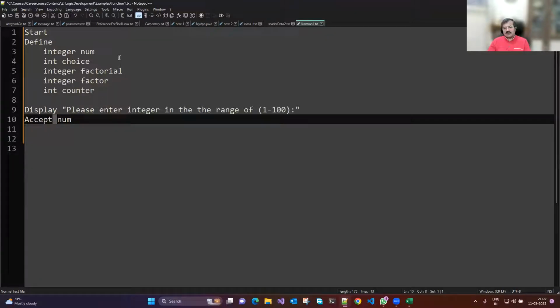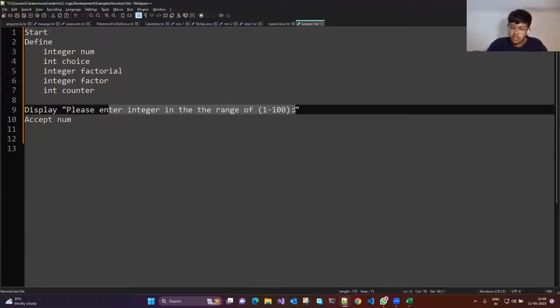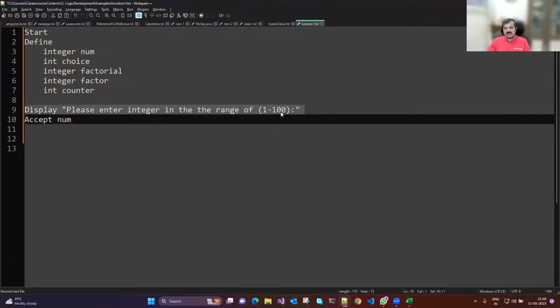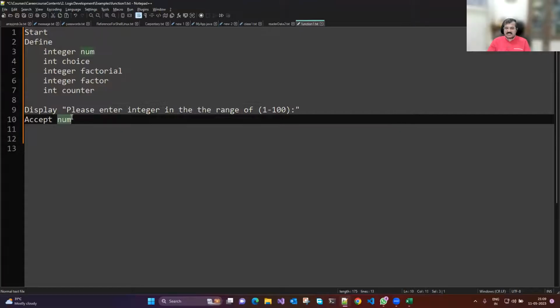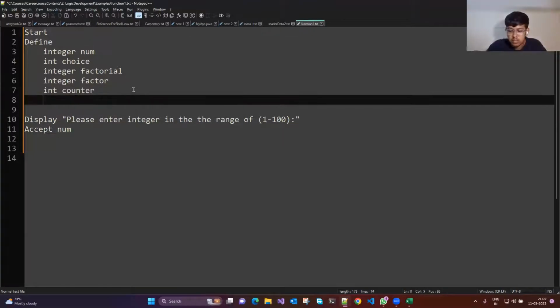Yes or no? Yes. आपने भले ही मैसेज दिया है "Enter integer in the range of 1 to 100", वो गधा है आपका ऑपरेटर. इतना क्लियर मैसेज देने पर भी he enters -100. उसको लगता है 1 dash -100 तो -100 है, and he enters -100. Is that what you are expecting? No. No. So you have some counters